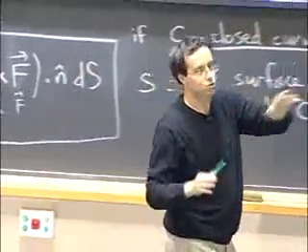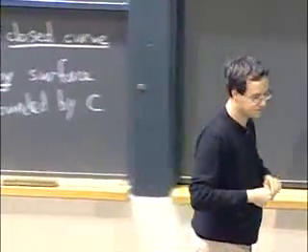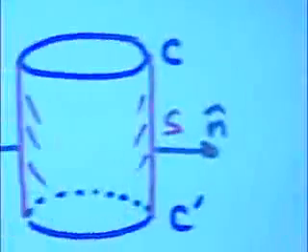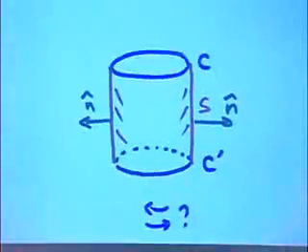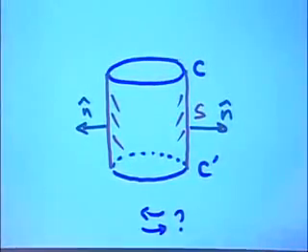Anyway, I think you have just to play with these examples for long enough and get it. Okay, a last one. Let's say that I have a cylinder. So now this guy has actually two boundary curves, C and C prime. And let's say I want to orient my cylinder so that the normal vector sticks out. How should I choose the orientation of my curves?